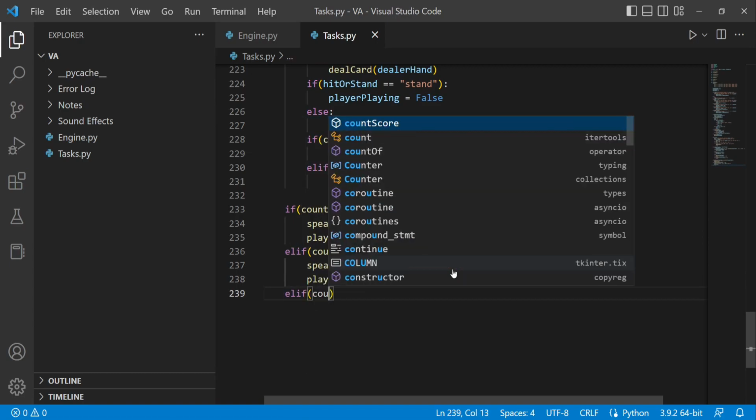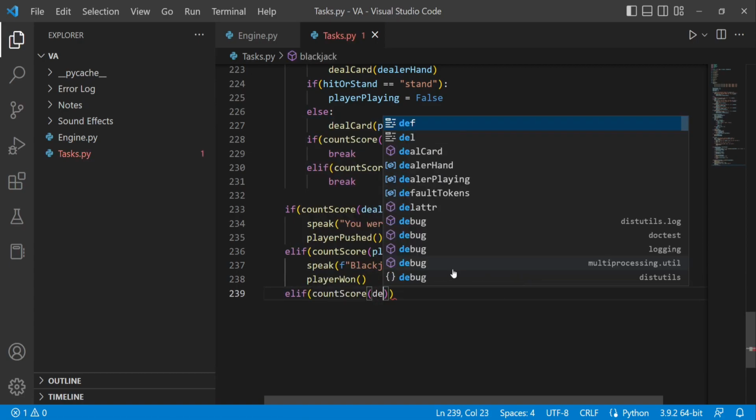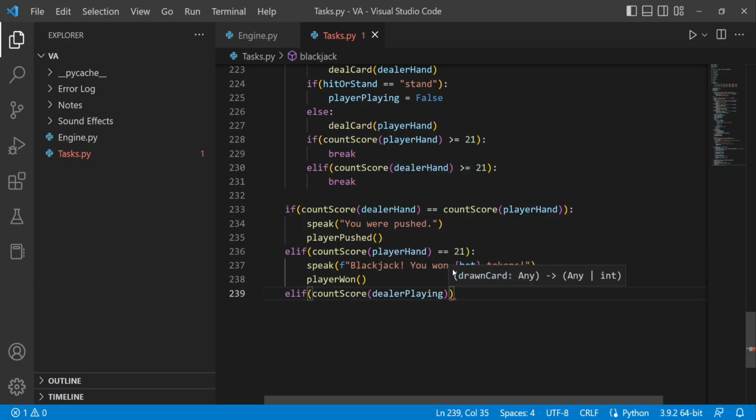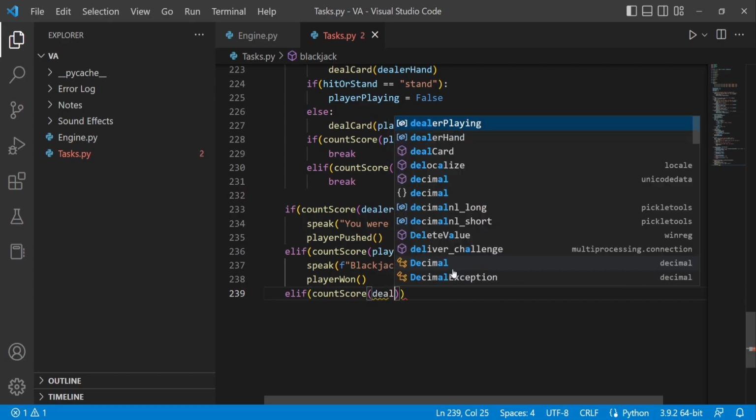And if dealer has 21, then dealer has blackjack, and we are just going to simply,